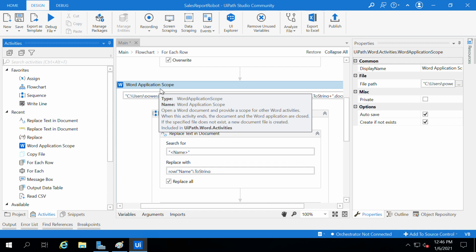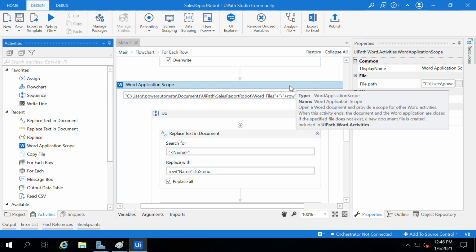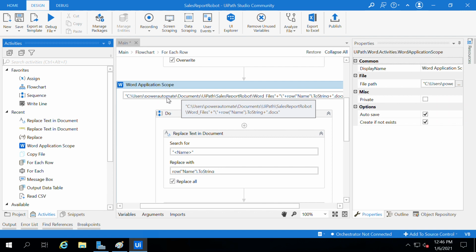Before working with any Word activity, we have to use the Word application scope. Inside the Word application scope activity, we need to specify the location of the file where we have to perform the actions or tasks. I have given the path Word files, because we have already copied the Word file with the respective username, but the actual data is not copied.